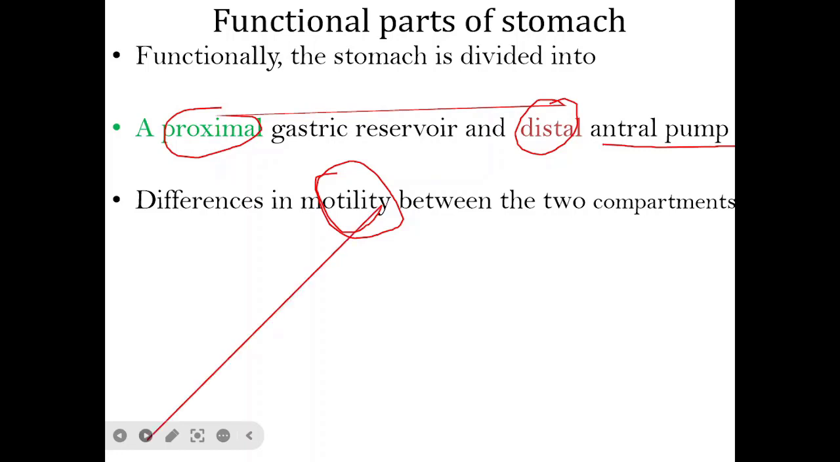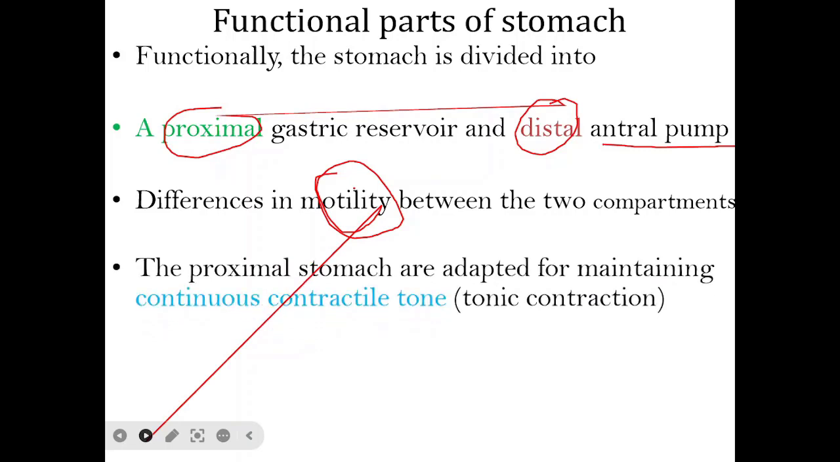Tonic contraction. You see, the contraction type, tonic contraction, is a continuous contraction of the smooth muscle at the proximal part of the stomach. So this continuous contraction is important to mix the semi-liquid food with the gastric juice. A continuous contraction is important to increase the mixing